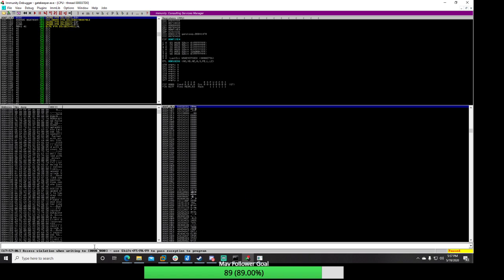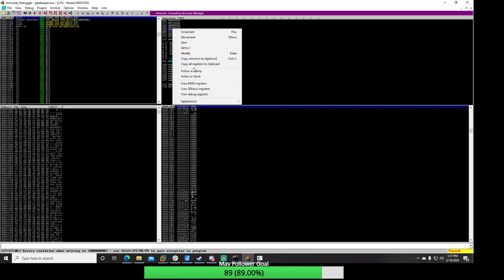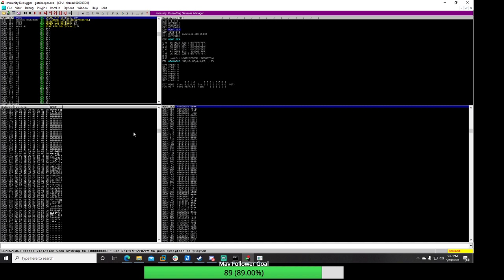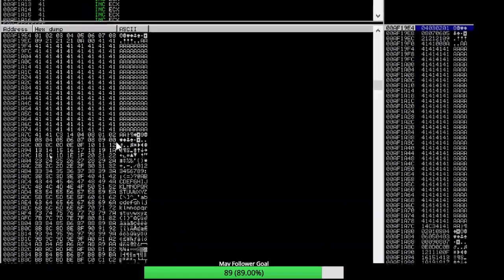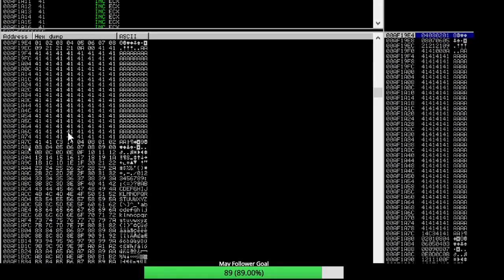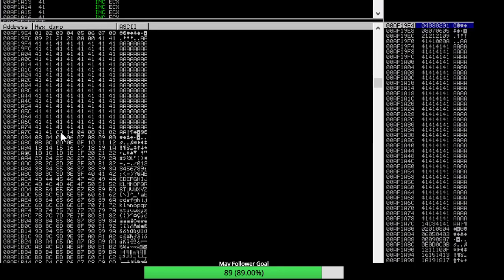Okay. So it ran and it failed, right? If I go to this ESP, I can follow that in the dump, and we can see kind of what happened here. So I'll try and zoom in and explain this. But basically, we sent 146 A's. We sent the address for EIP, and then we sent, so you can see it right here, here's the 41s, which are all A's. And then here's that